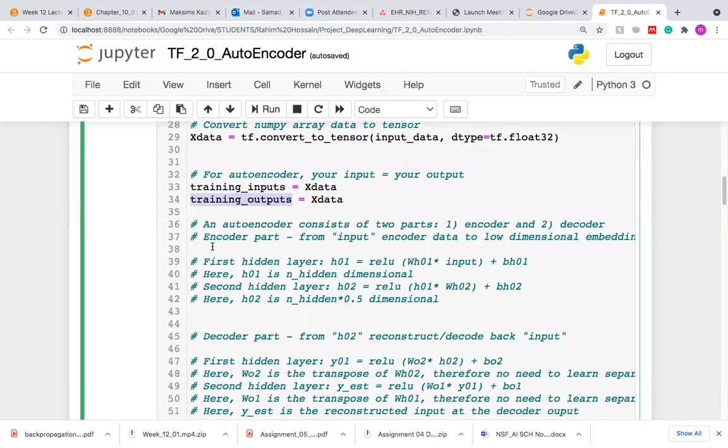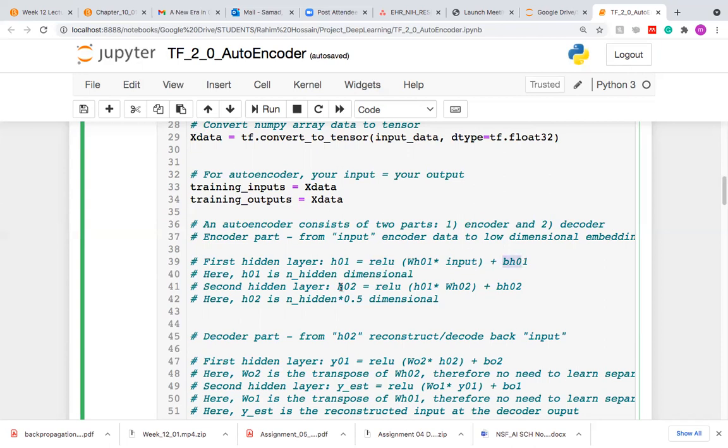And here what I did is I put together the mathematical equations that define the autoencoder. So in this case, I'm saying autoencoder consists of two parts, the encoder part and the decoder part. Encoder part from input data to low dimensional embedding, right? That's the encoding part. In your case, you're making it from 20-dimensional to 4-dimensional, right? Do you follow that? So what is the mathematical equation for that? The mathematical equation would be the 4-dimensional hidden response at the hidden layer, right? Would be the ReLU activation function. This is the weight times input plus bias,